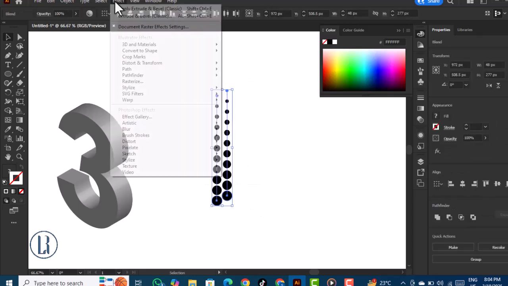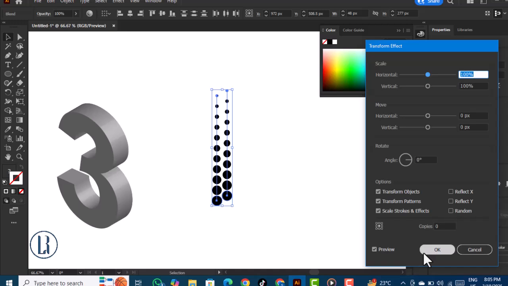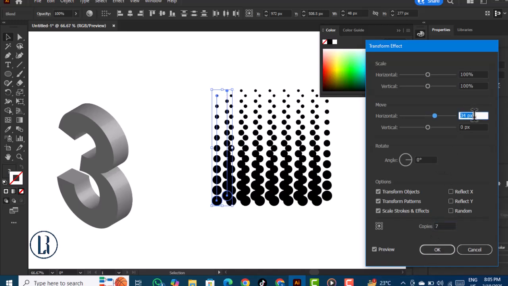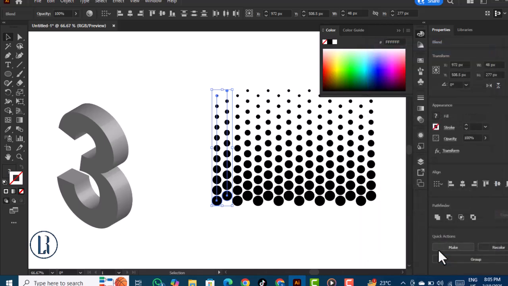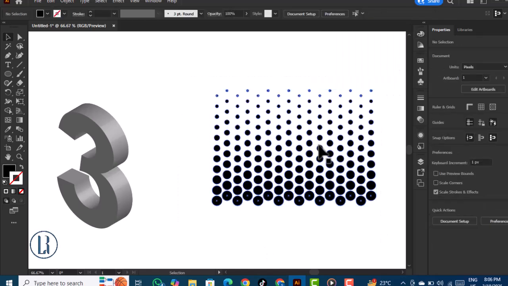Select both of them, and now I'm gonna go to the effects, distort and transform. I'm gonna add some copies, and we're gonna increase the horizontal until you're gonna see some space in between. This is pretty good. Click OK, and now I'm gonna select it, Object, Expand Appearance, and we're gonna need to